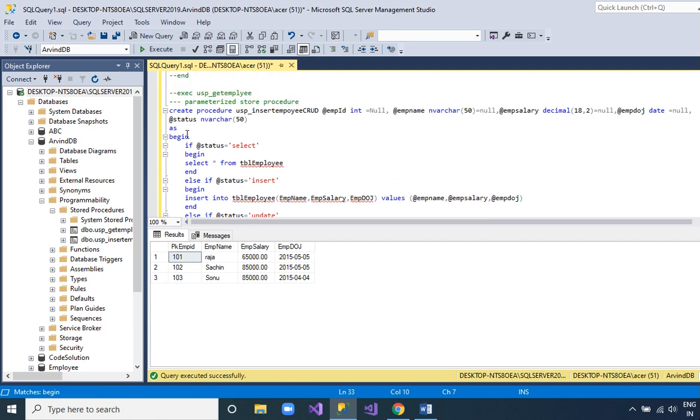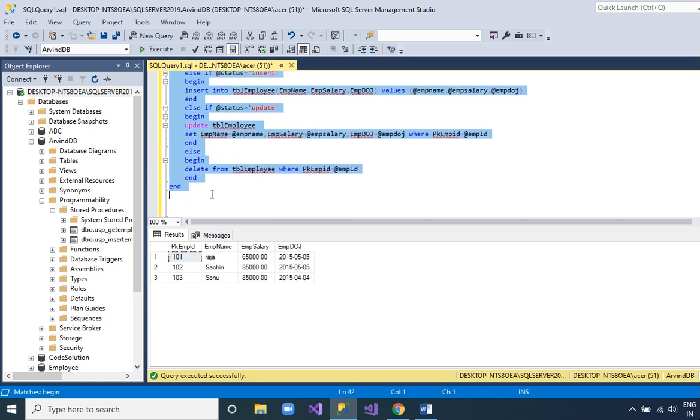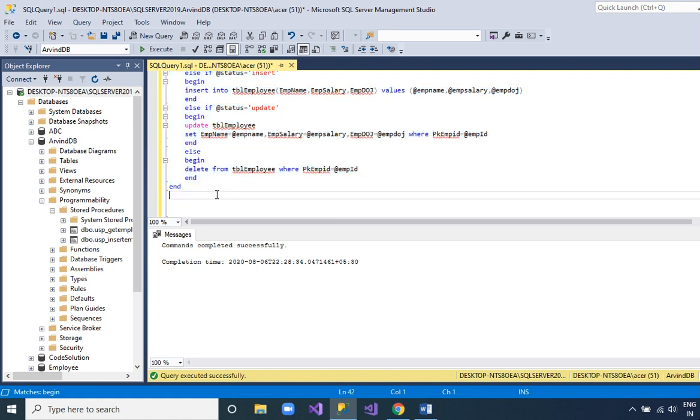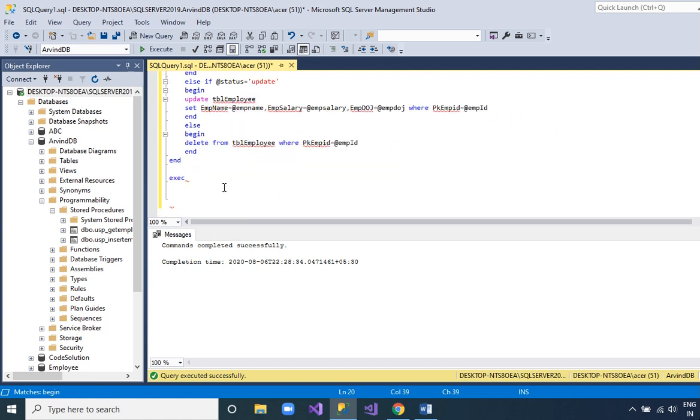So now we can run it, we can create the stored procedure. So now we have created the stored procedure successfully. Now how can we execute it? So execute our stored procedure,